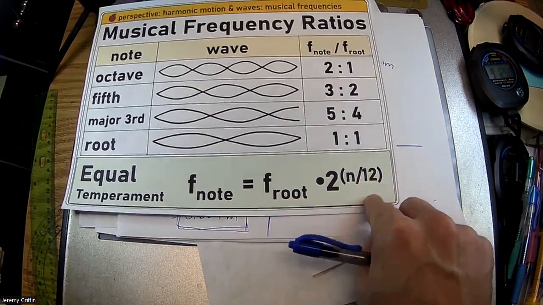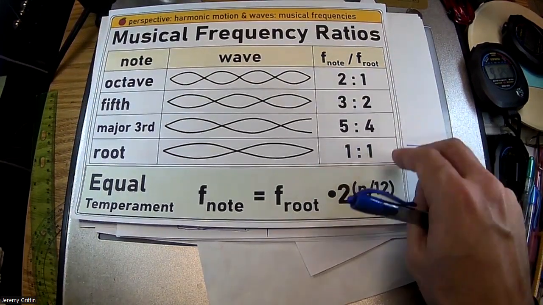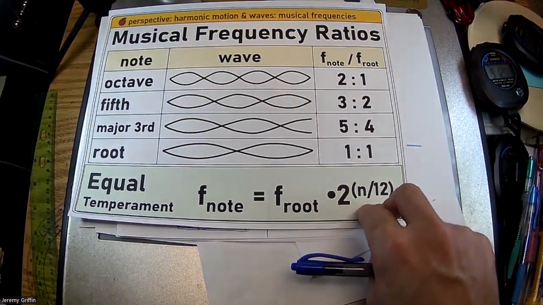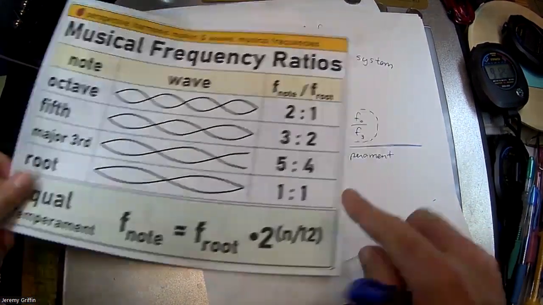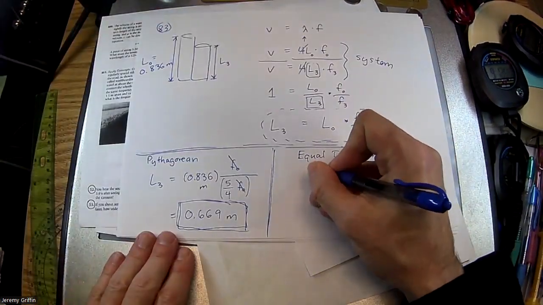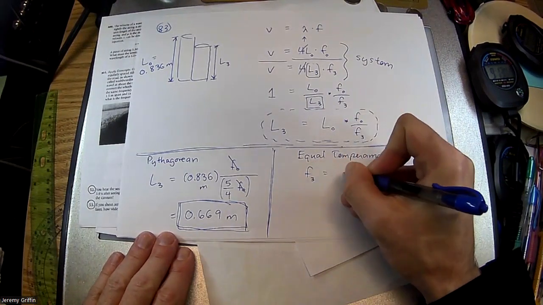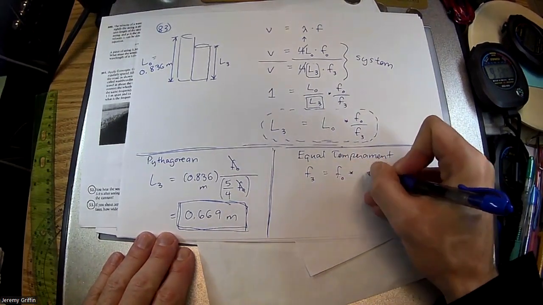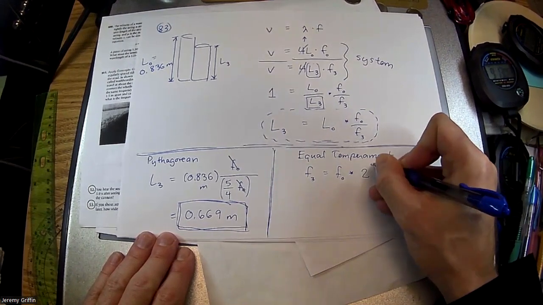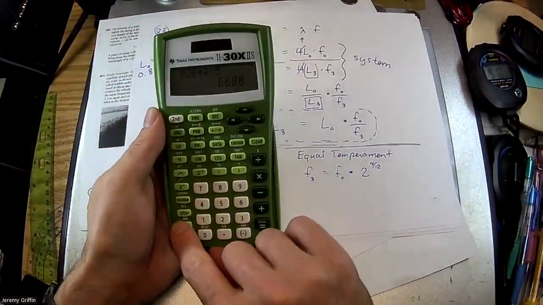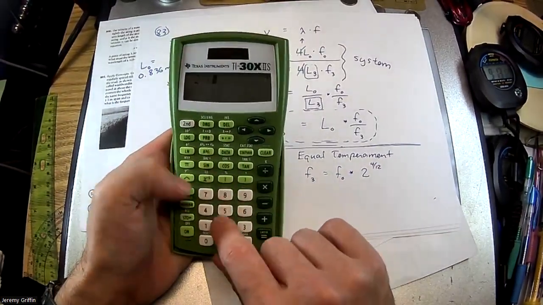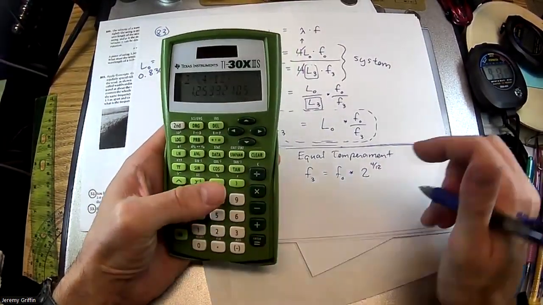Right? Now, the major third is like 4 half steps above the root, like if you count piano keys, so 4. So I'm going to plug in a 4 where that n is. I'll say the target frequency is equal to the root frequency times 2 to the power of, in this case, 4 over 12. Okay, see what I get out of that. What is 2 to the 4 over 12? 2 to the 4 over 12, right, is